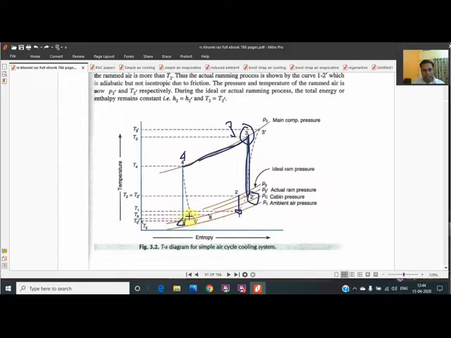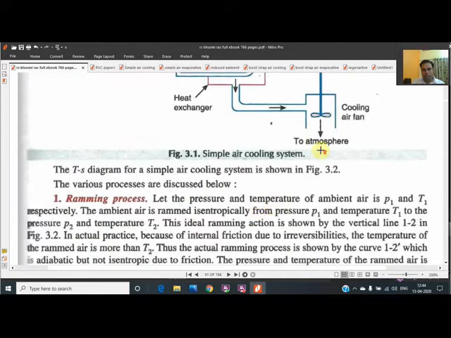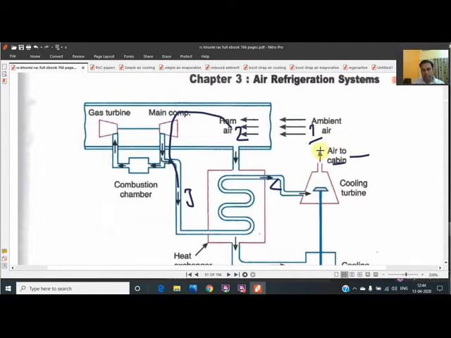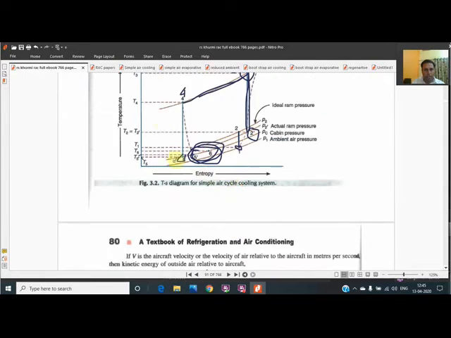And 5 to 6, the last one, is being shown. This is called the refrigerating effect, because you will never see the 6 point in this figure. As soon as the air enters the cabin, that is the 5th temperature. The air used to get heated up through the passengers, and it gains the temperature 6. So that's why the last temperature is never shown in this schematic figure. Similar is the